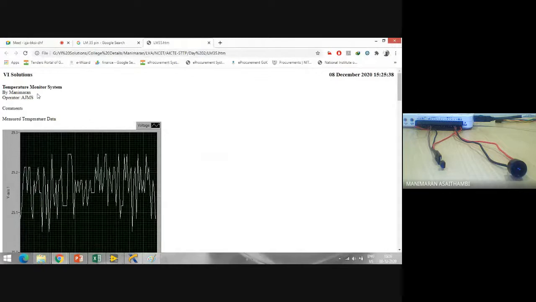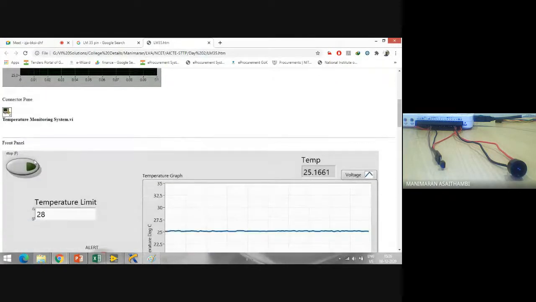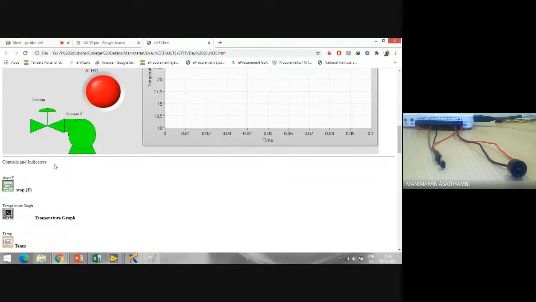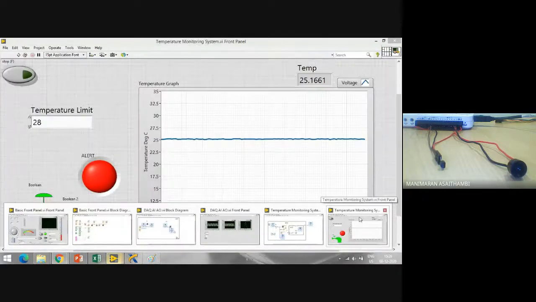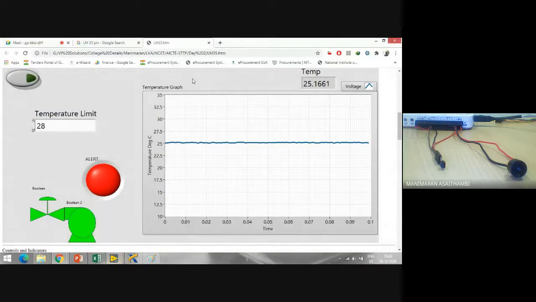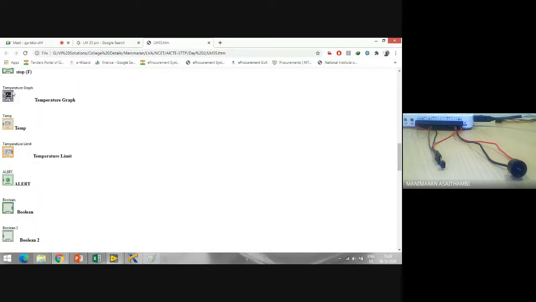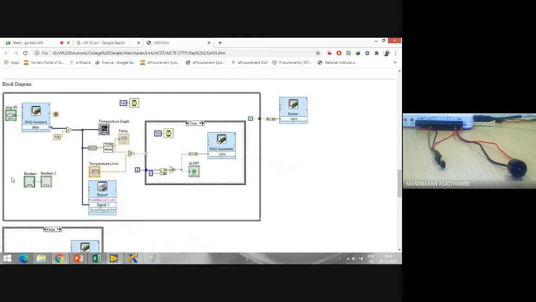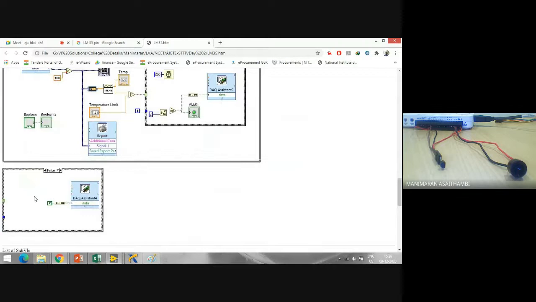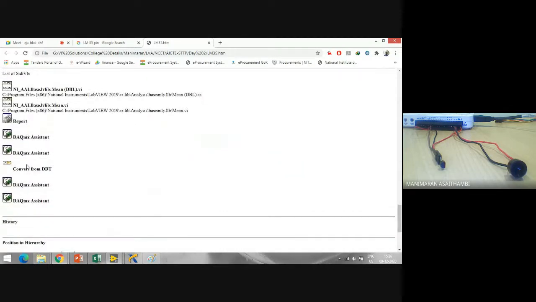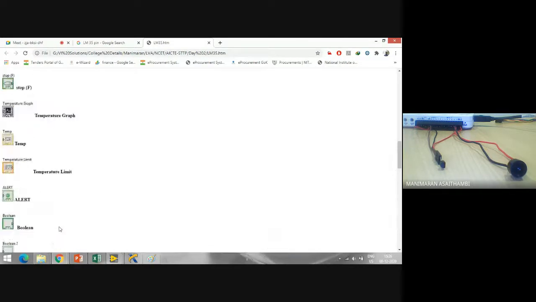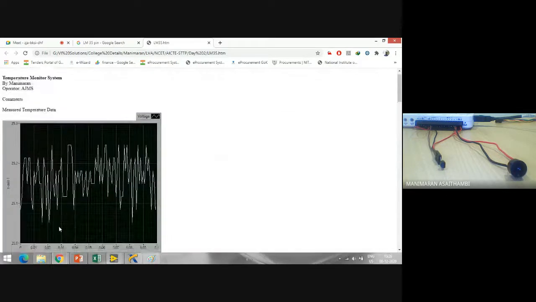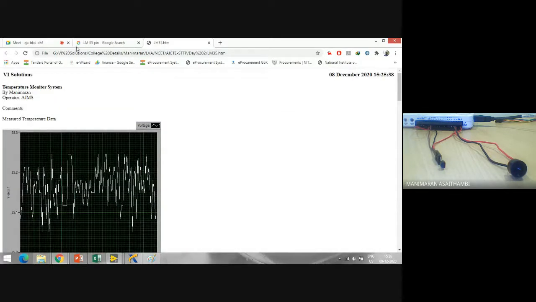Now do you see I have the same contents. Along with this, I got my front panel, which is the one I designed for my program. This is my LabVIEW VI, but here I'm seeing it in Google Chrome. These are the controls and indicators I used. This is my block diagram logic, with a true part and a false part. These are the sub-VIs I used. This is the architecture, the step-by-step I used here. So you get an entire report of your programming part, whatever you have done.